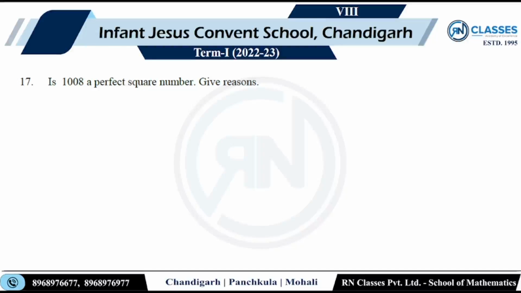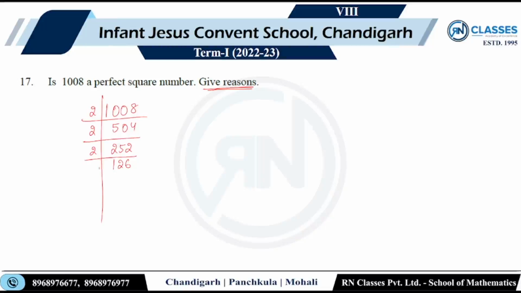I'm so sorry. Is 1008 a perfect square? Give reasons. Reasons भी देने हैं. 1008 की प्राइम फैक्टराइजेशन करके दिखा देते हैं. देख लेते हैं भाई सारे के सारे हमारे पेयर्स कंप्लीट हो गए या नहीं हुए. Let's see. So 1008 2 से डिवाइड किया. So 504 again 2, that would be 252. Again it is divisible by 2, that would give me